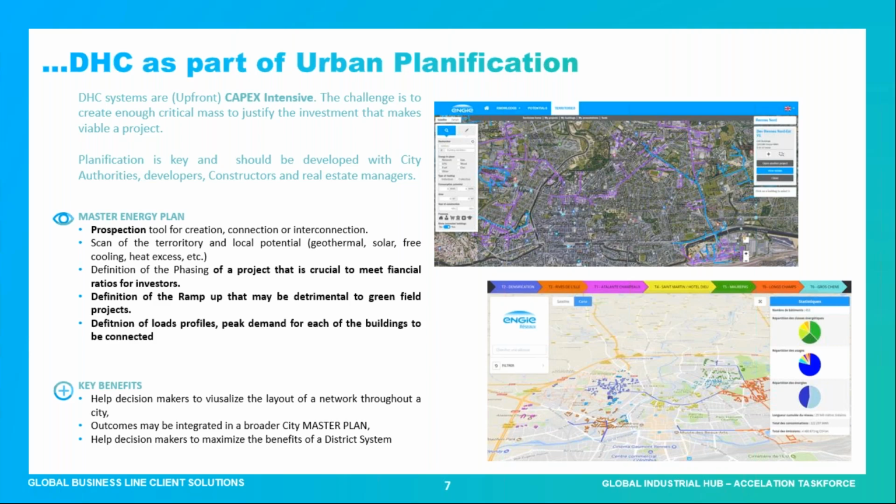So we have been developing a tool where we are able to cross data regarding the cooling demand, the urban density, and the local potential, in terms of shallow or deep geothermal, biomass, solar, as well as excess heat that may exist within a territory, in order to come up with the best solution to develop a district cooling within a city, according to the local specificity of that city and to what could already exist, in order to be as competitive as possible, but to favor renewable energy as much as possible.